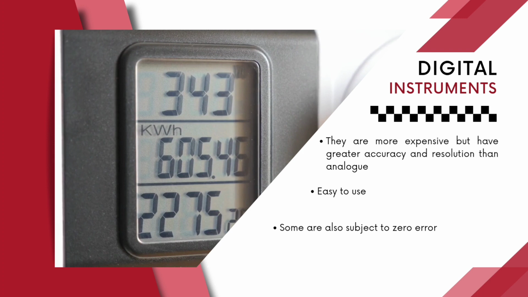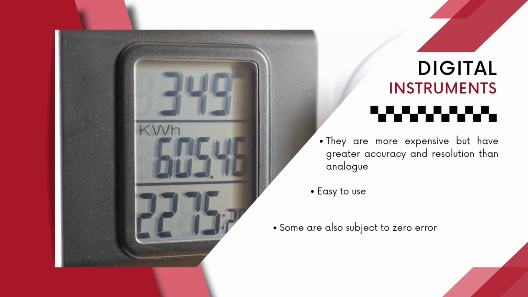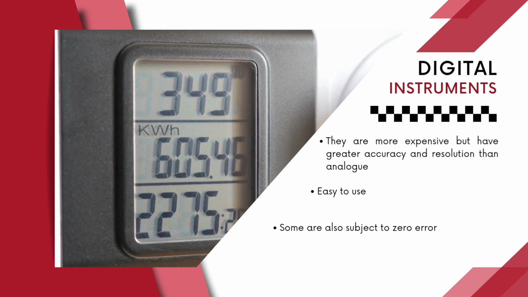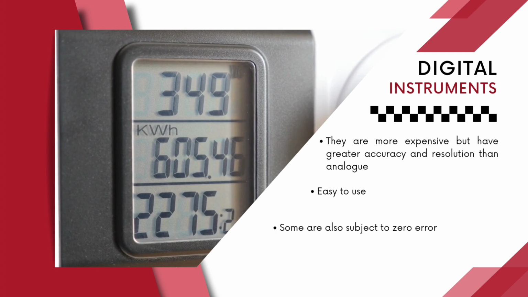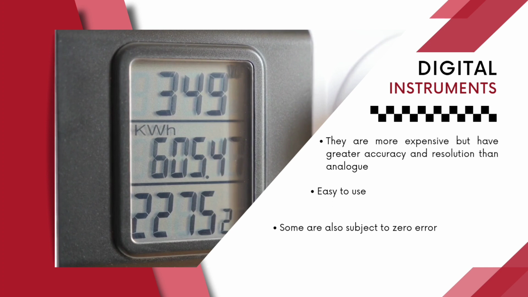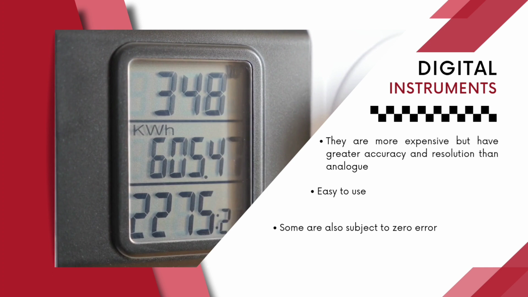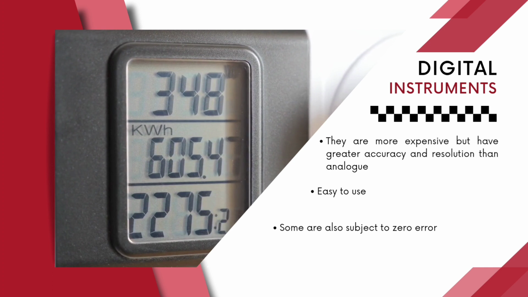You would see the digits written on the screen and you can read it off without subjecting yourself to error of parallax, zero error and all of that, except if you've got a faulty instrument. Okay, that's a different case. And then they're easy to use because they give a specific value. Yeah, digital meters,